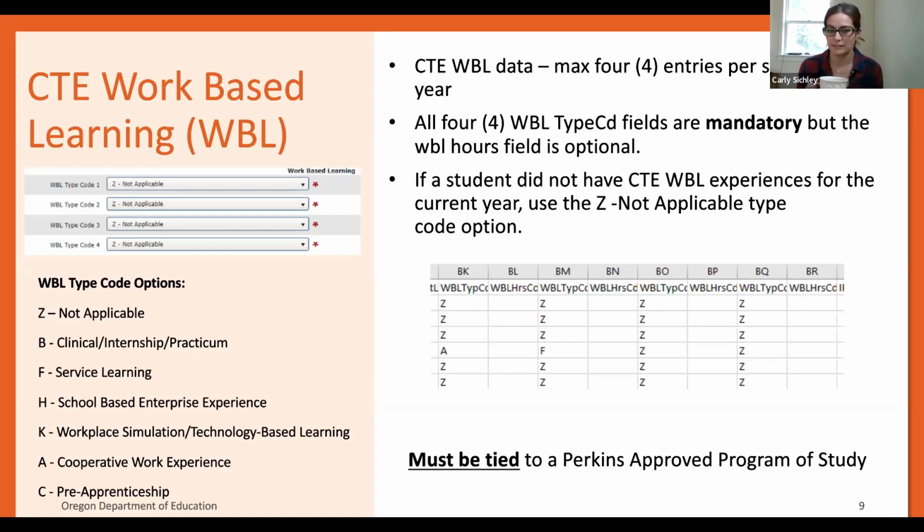If a student has done something else, like a work day through a different student organization that's not at all connected, or maybe a senior work day or some other kind of experience, that's great. We only need to have it reported in the collection if it was connected to their program of study.